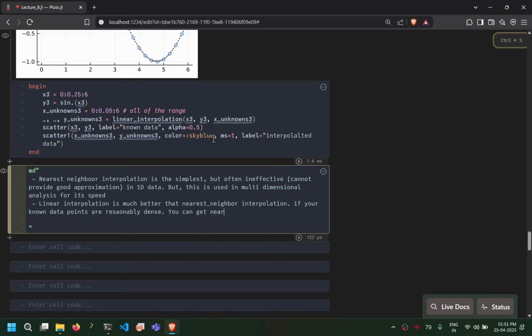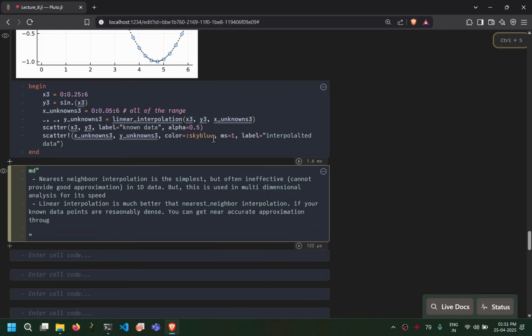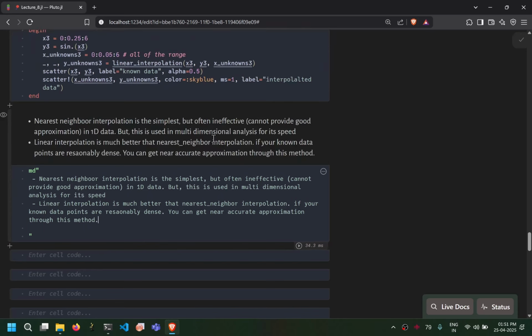You can get a near accurate approximation through this method. Okay, so